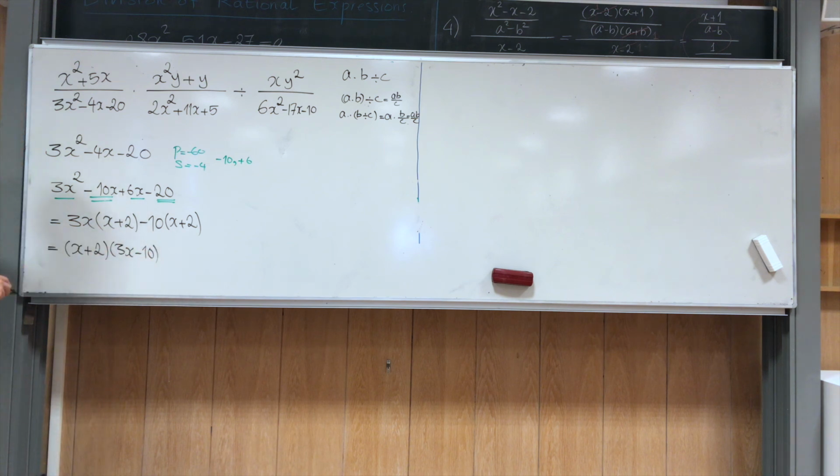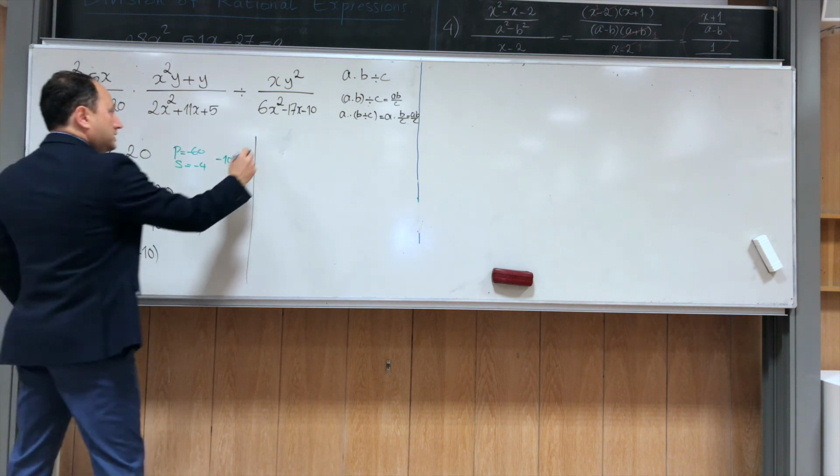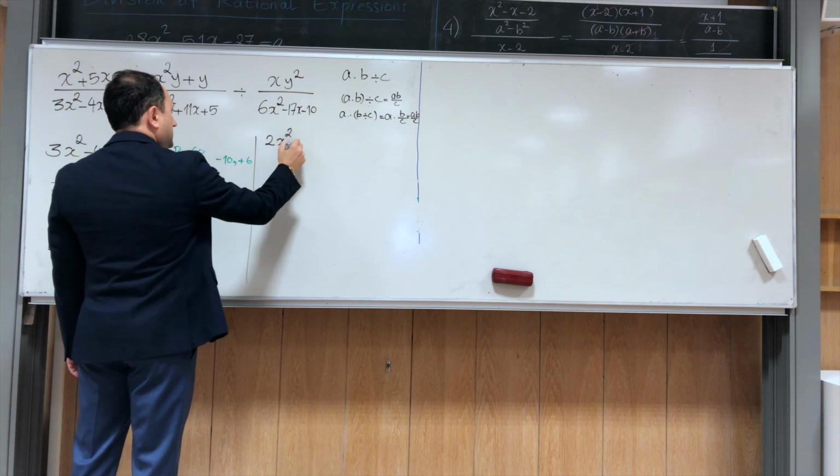Of course, at this stage, if you can do some guesswork and you can just immediately come to this, you say 3x squared is a multiplication of x and 3x. And if you can fine-tune these numbers, you really don't need to go through this process. But what I'm saying is that, okay, instead of this expression here, I can write that. Let me jump to the next one. Let me draw a line here. So 2x squared plus 11x